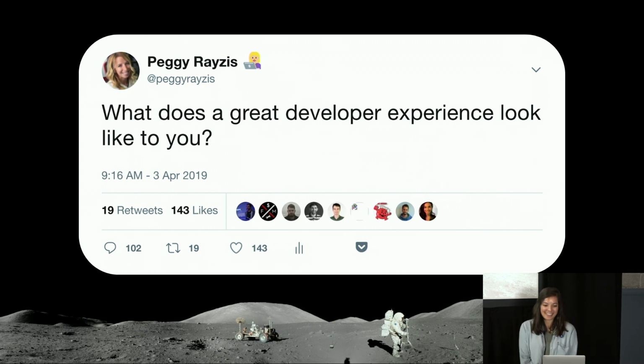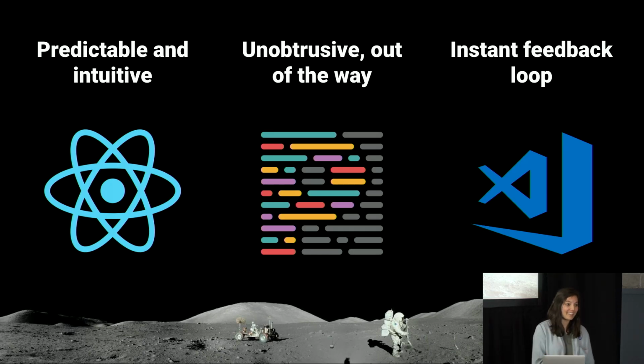So my coworker Peggy and I think about developer experience a lot, as does everyone else at this company. She runs what we call our developer experience team, and she put this tweet out there. She's got a lot of followers, so we got a lot of responses. She asked the Twitterverse, what does great GraphQL developer experience, or great developer experience, look like to you? We got a bunch of answers. From about 100 very scientific responses, we boiled these down into 3